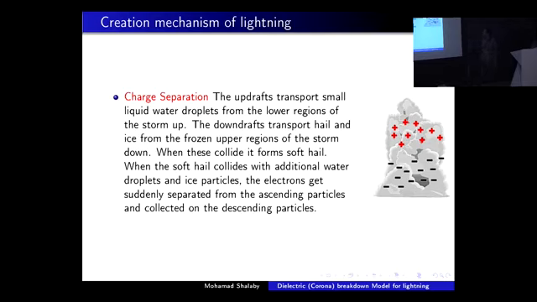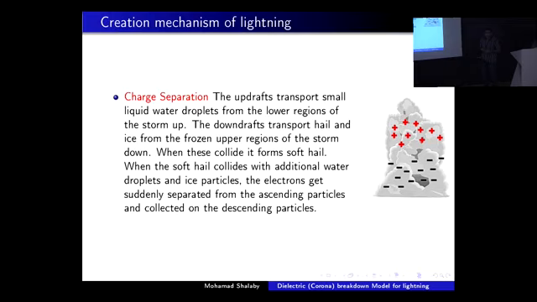This is the picture of a thunderstorm. We have an upper part and a lower part, and we have an up drift and a down drift. The up drift takes the water droplets up, and the down drift takes the ice down from up there, because it's colder up there. So when these two particles collide,